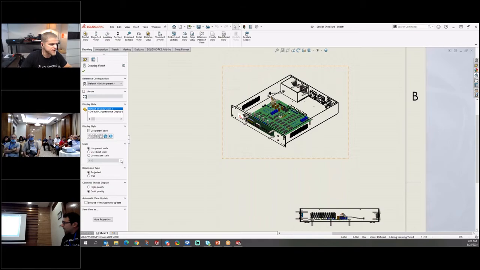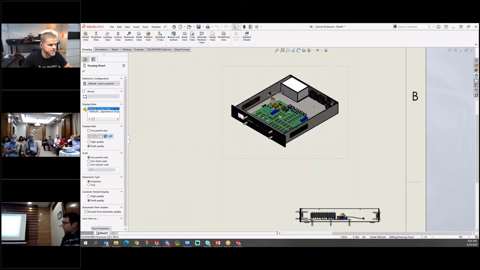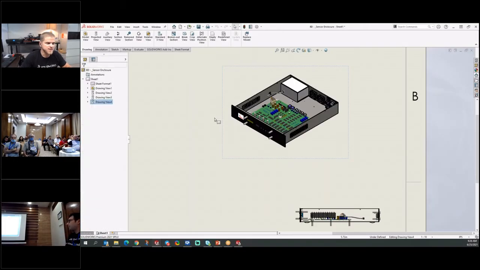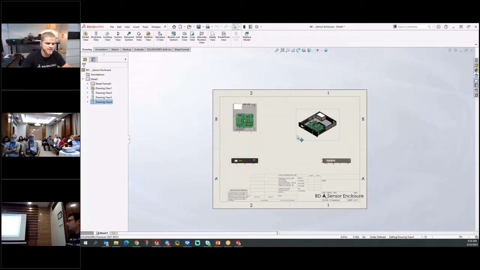So you can click this view, and if I just scroll down here, maybe we'll switch to shaded. I can see even in the shaded view, it's forcing that view to draft. It did that by default when it created. I didn't choose that. It went right to draft quality. Okay, so now I know something is going on with this file that's forcing these views into draft quality.